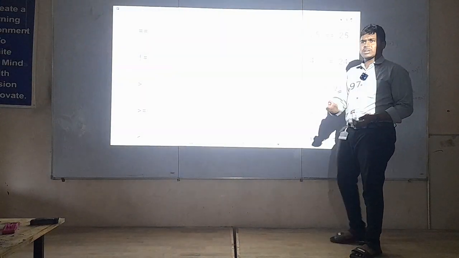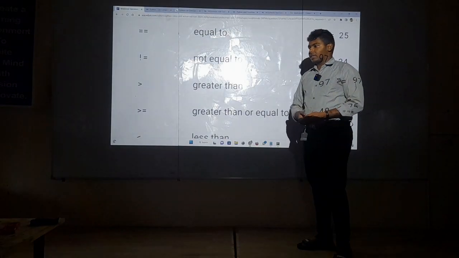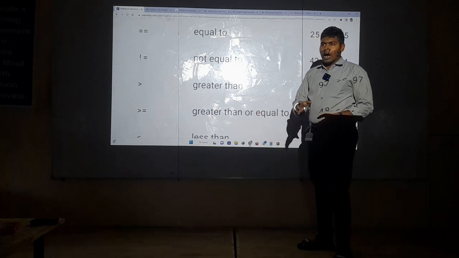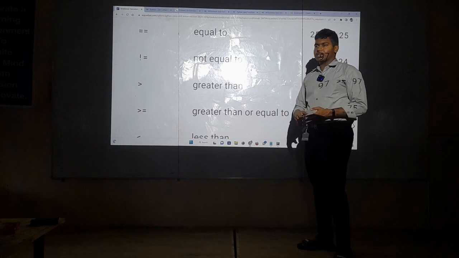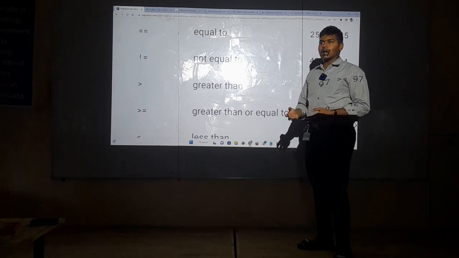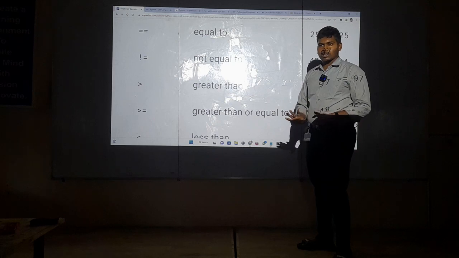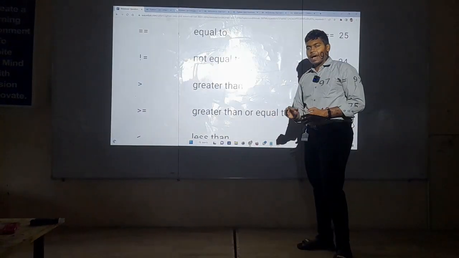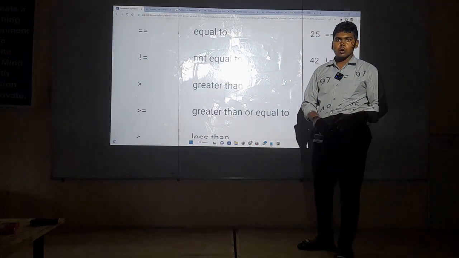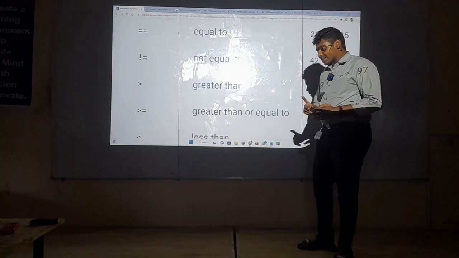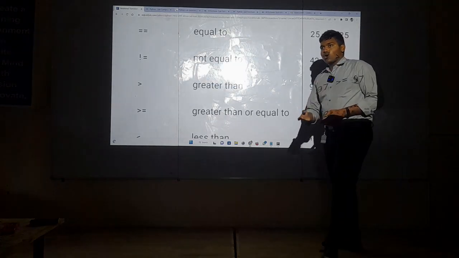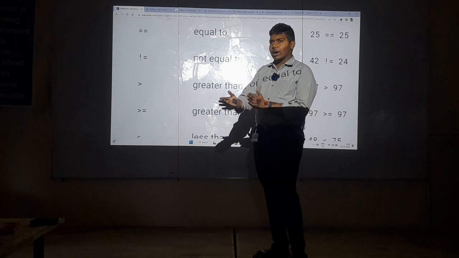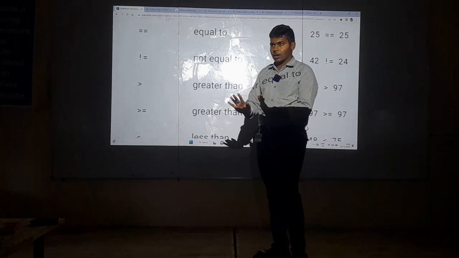For example, if you take a simple example, there is a man who has 3 cars. If our condition is to check whether he has more than 3 cars, so he is a rich person, for example. Whether a man has more than 3 cars, he is a rich person. So when I write greater than 3, when he has 3 cars also, it will return him as a rich person. So we should consider 3 also as a normal person in our example.